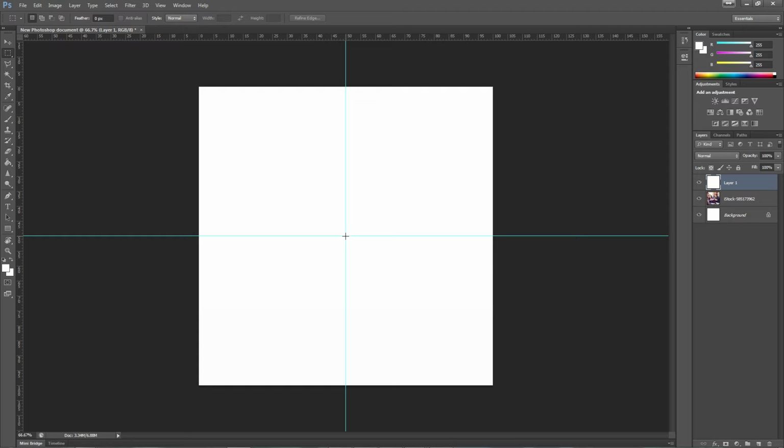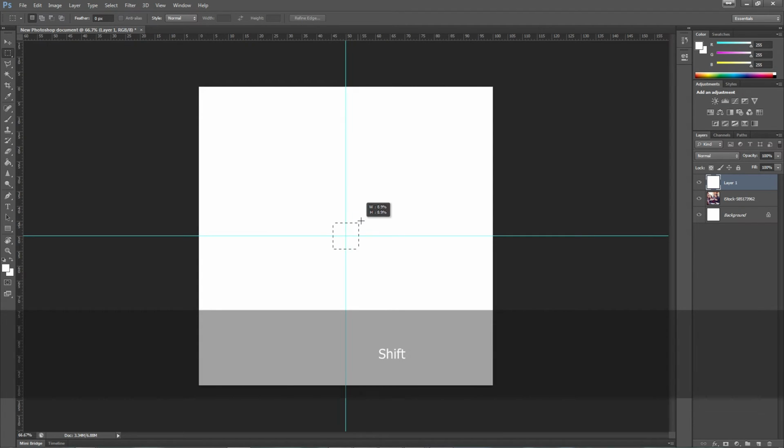In fact, we want to make sure this is in proportion as well because we're working with a square image. So we're going to hold Shift as well. So the same way that we scaled our image in proportion and from the center, we're going to hold those same two keys, Alt and Shift, and drag from that very middle point, and you can see as we drag it out, it will in fact be perfectly square if we get to the very edge of our document, but we don't want that. We want to drag it in a little bit,